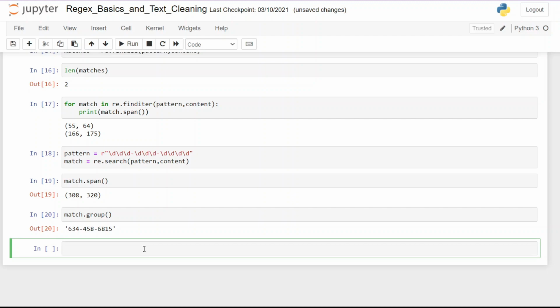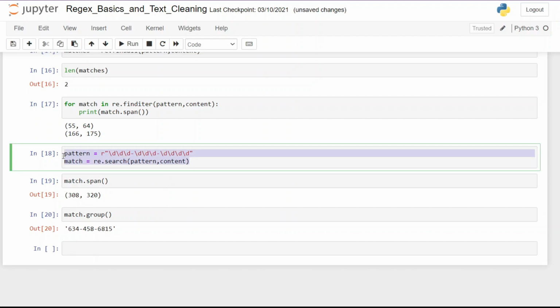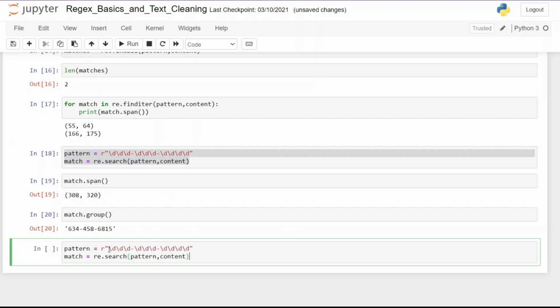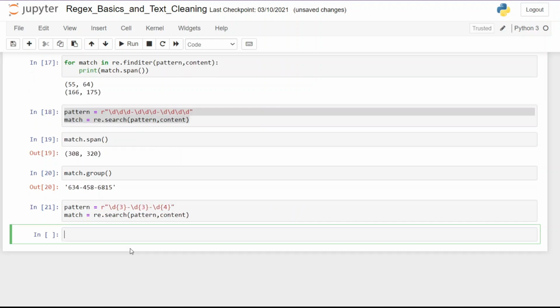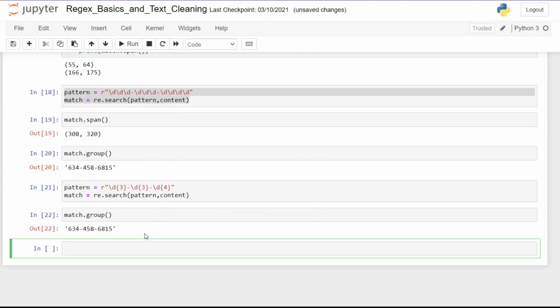Now let's talk about the problem with this kind of pattern. Suppose we have an ID that contains 100 digits. In that case, we will have to write \d 100 times. But to save us from this, we have another thing called a quantifier. Let me copy paste the same code. Now instead of writing \d thrice, I just have to write it once, and then use brackets and inside that pass the number of times it is repeated. Similarly, I'm going to do this for the others as well. Now you see it is better than the previous one. If I want to get the same result, I just have to call match.group and you can see that we have the same result.